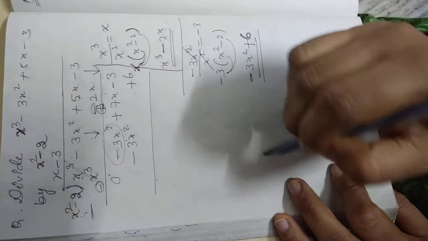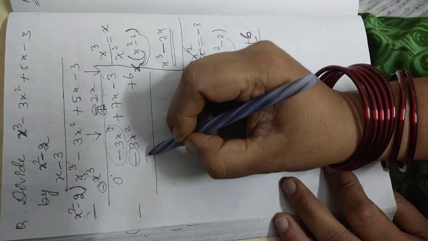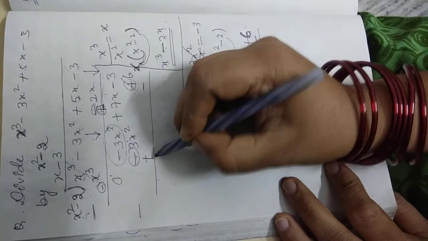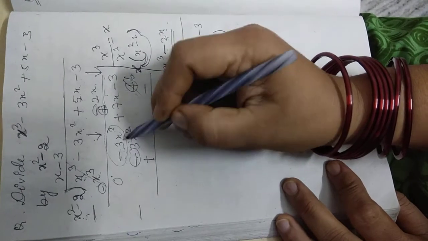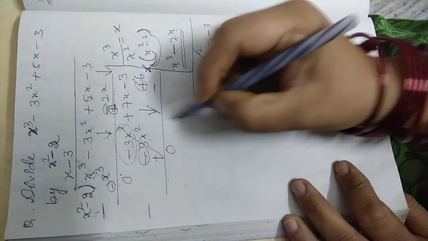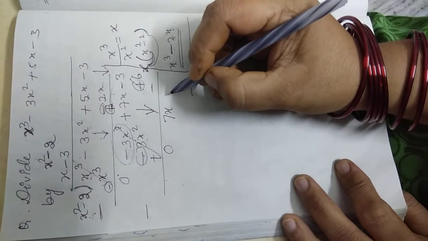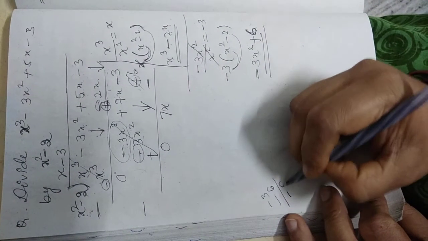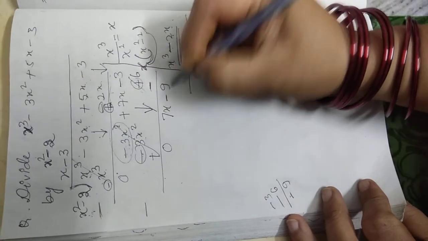Again you know that while dividing we have to subtract. So when we subtract, the sign of the second polynomial changes. The old sign will go off. Minus will become plus and here plus will become minus. Now minus 3x square plus 3x square gives you 0. Now this 7x, you have to note down here. Now here minus 3 and minus 6: when the signs are the same, you have to add, but keep the negative sign itself. So you will get minus 9.